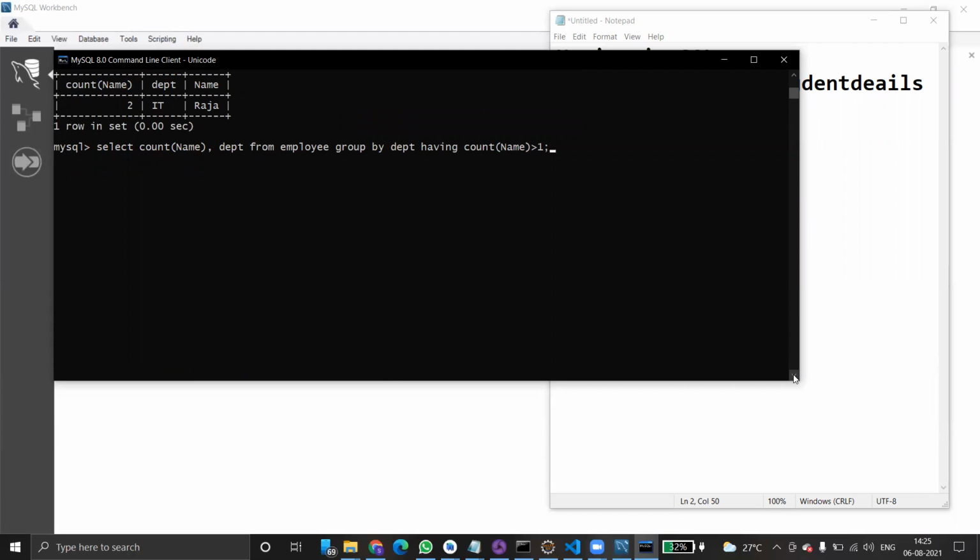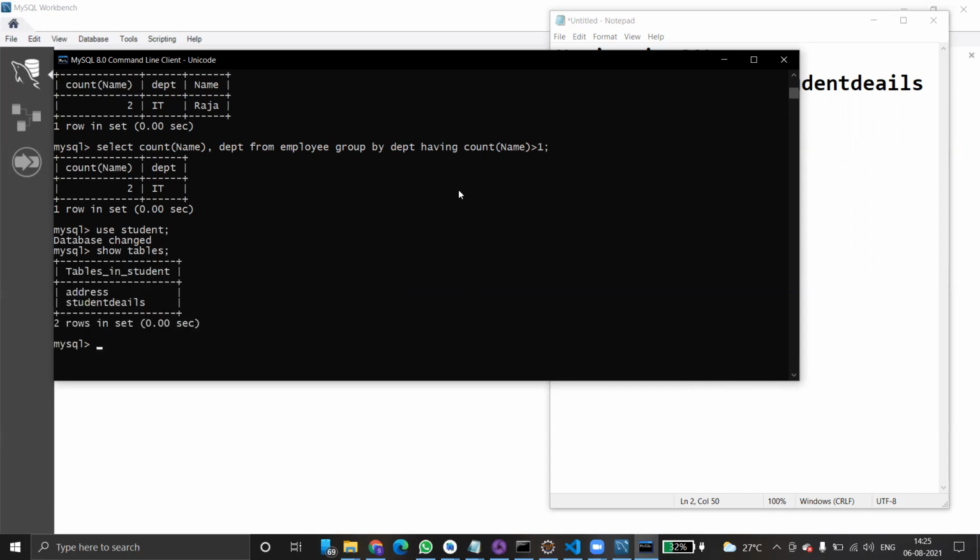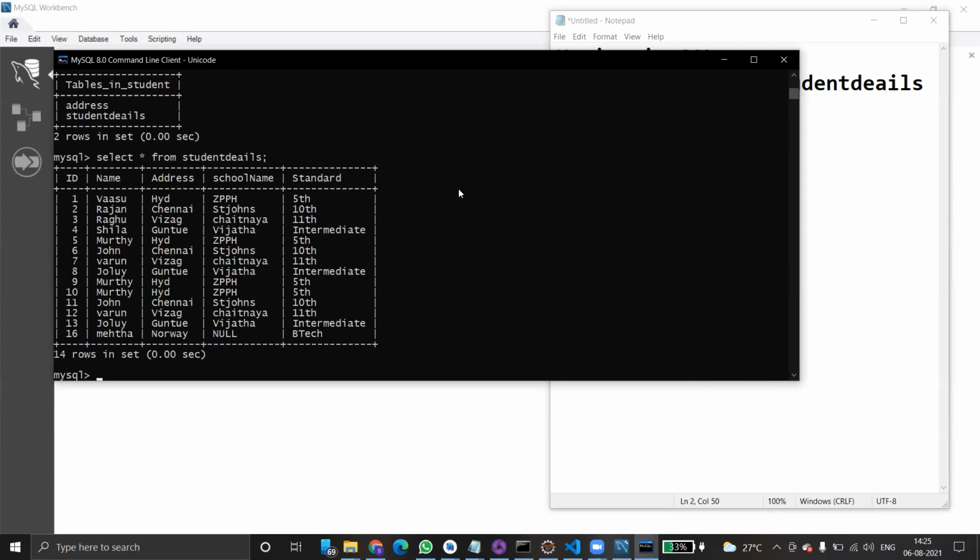If you get into depth, we can use subqueries and all. Subqueries means inside one query we create one more query. So select again, use student. Show tables. Select star from student details. See, these many things are there. I just want to use subqueries. How to use subqueries? Select